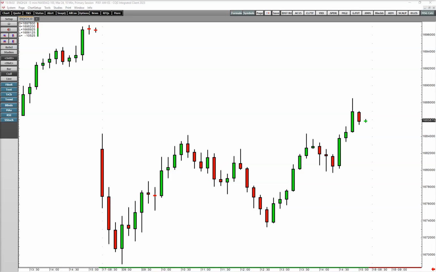It's Quant Trade Edge, and today I was going to look at some swings on the NASDAQ. The NASDAQ gapped down quite a bit. This is a 10-minute chart. If we go to, say, a 5-minute chart,